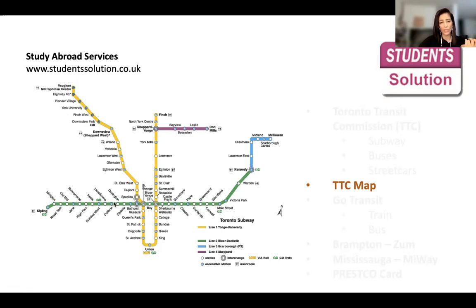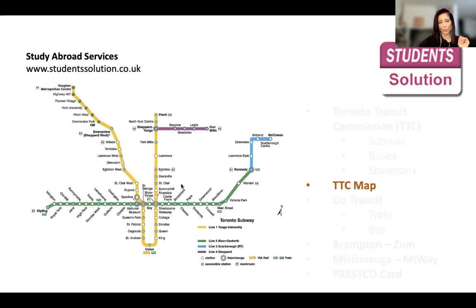Colleges like Humber College, you can get all the way to Kipling and take a bus to Humber College, or you can get to Islington and get a bus from there as well. So it's very convenient no matter where you're living. Let's suppose you're living on York Mills. You take the subway, and then